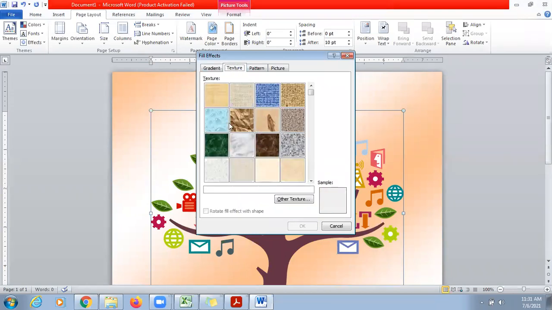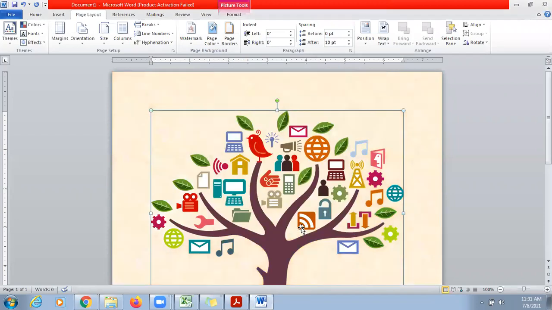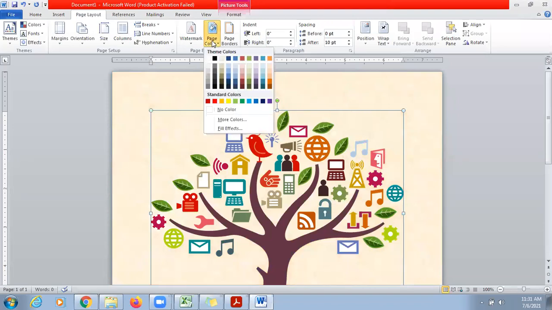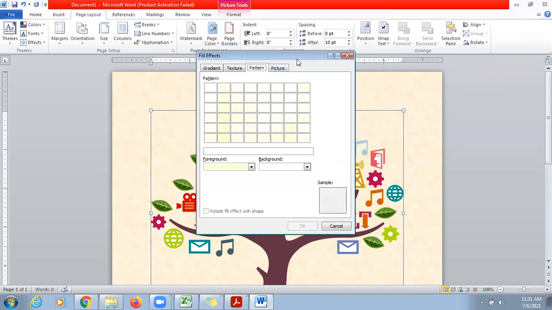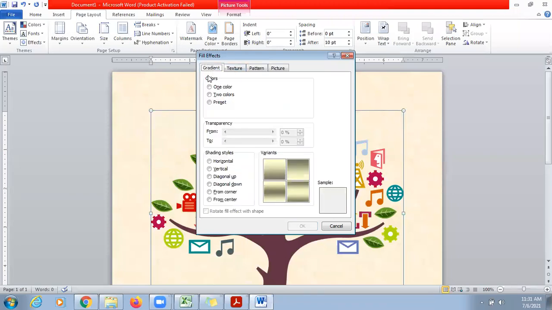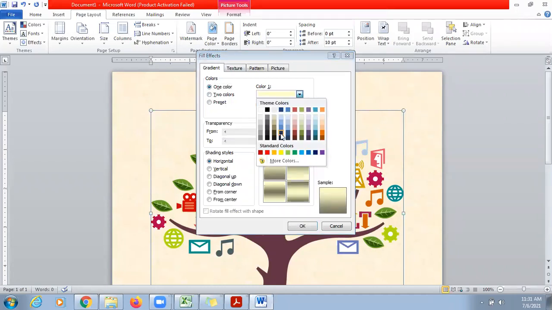These are the different textures which are available. You can insert these textures in the background, so like this is the texture now. The fourth option is to insert different patterns, but because the color I've chosen is very light, let's change the color first so that you can see the pattern.